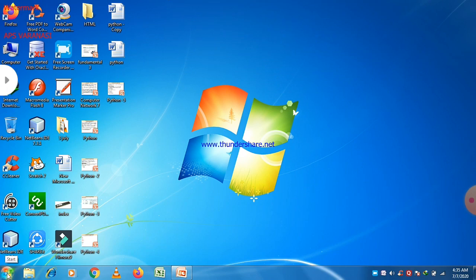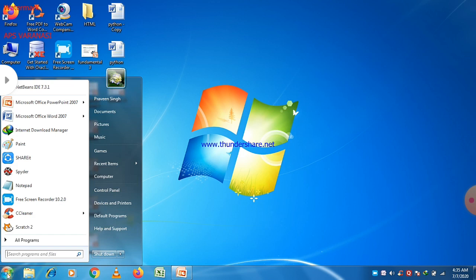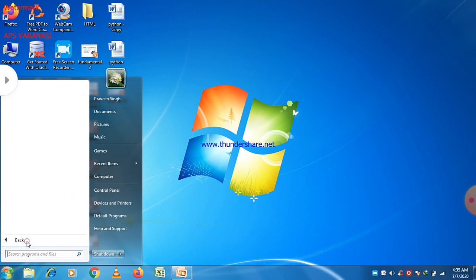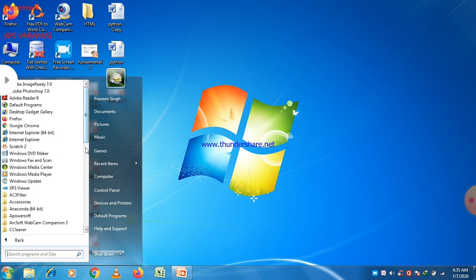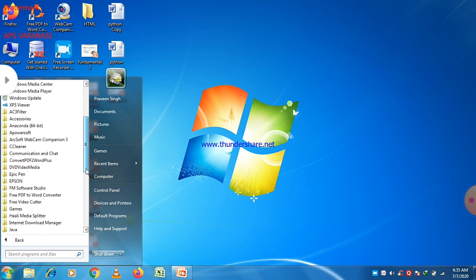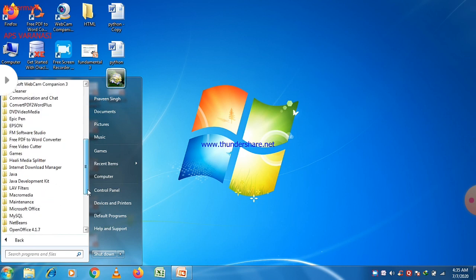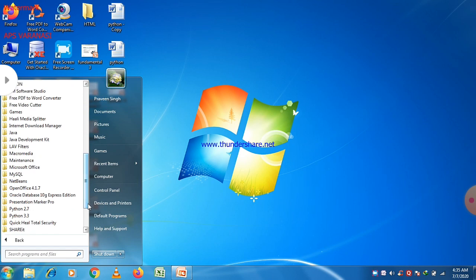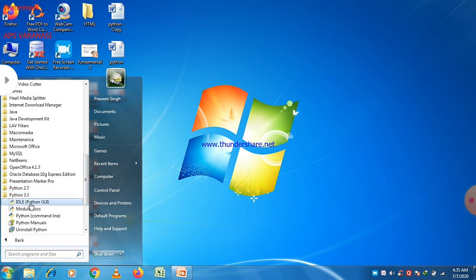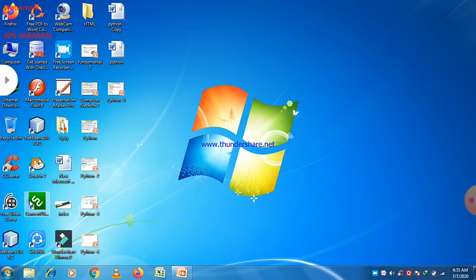Go to Start, then All Programs, and there is Python 2.7 and Python 3.3. If you want to work on Python 3.3, just open it, and IDLE Python GUI means graphical user interface. So just go to Python IDLE.